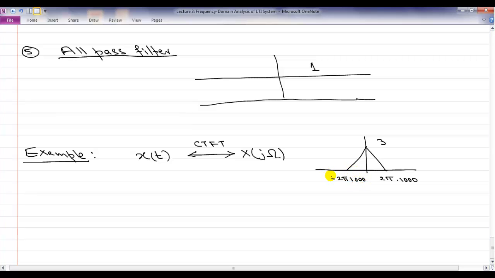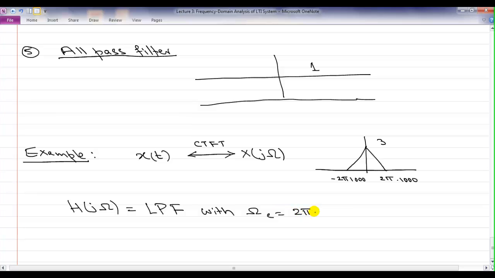So this is a signal which has only frequencies up to 1 kilohertz. And let's say I have a filter which is a low pass filter, and I'll be using the abbreviation LPF for low pass filter, with cutoff omega c of 2 pi